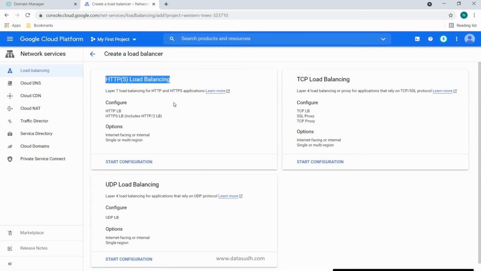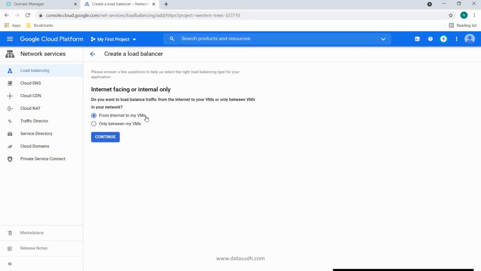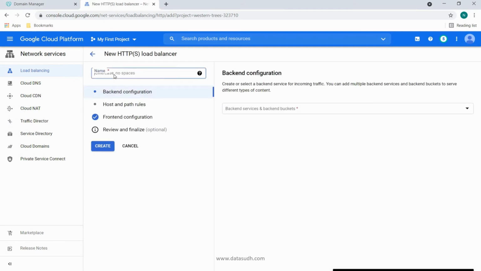Select HTTPS load balancing and start configuration. Of these two options, I am going to select the first because my website has to be accessible over the internet. Give a generic name. I will give cloud demo testing HTTPS load balancer.